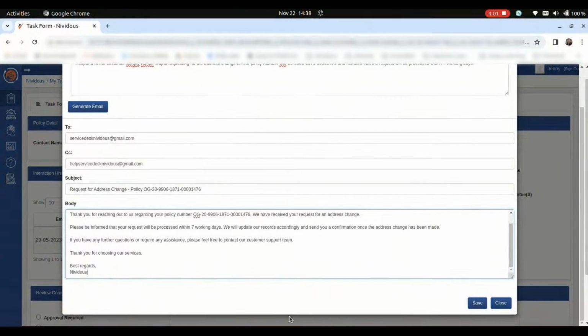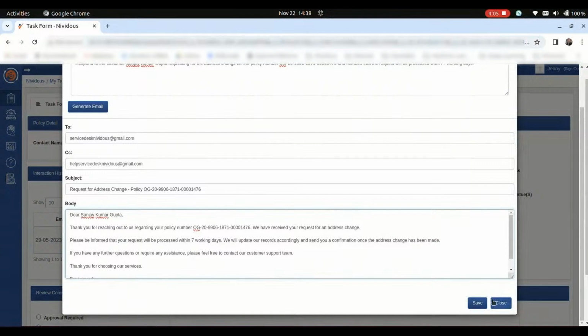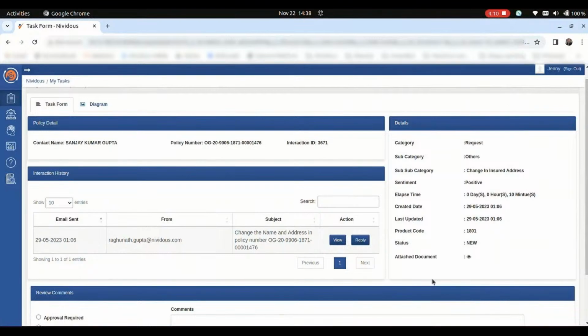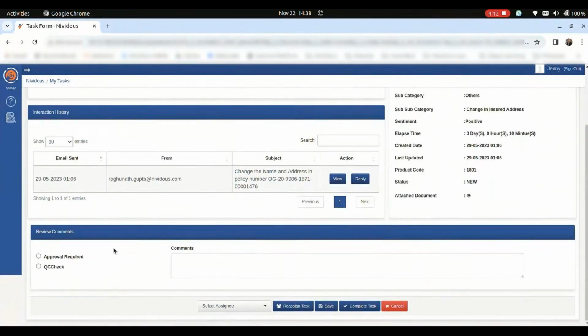And again, through a quick review, this particular individual can say, okay, you know what, this all looks good. I don't need to change anything. This is going to be our response back to the customer. So she also has determined that there is some approval that is going to be required on this particular interaction, on this particular case. And so she's going to type in some comments and get that approval queued up so that it can be taken care of at that point.